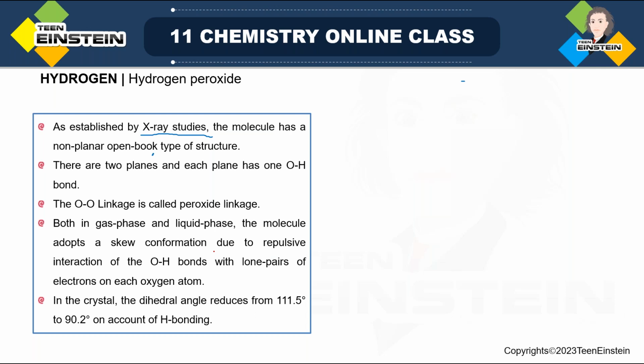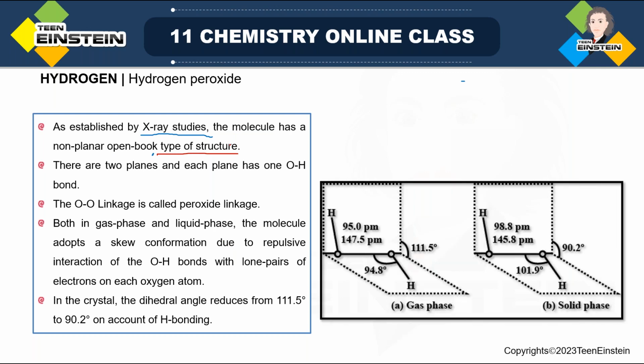Suppose you are opening a book, don't fully open it. Suppose you have opened it 90°, then you can find some similarity. So it is a non-planar open book type of structure. Look at this, as if we have opened a book. So this is one side, this is another plane, basically 2 planes as if. So the angle, as you can see, between these two,